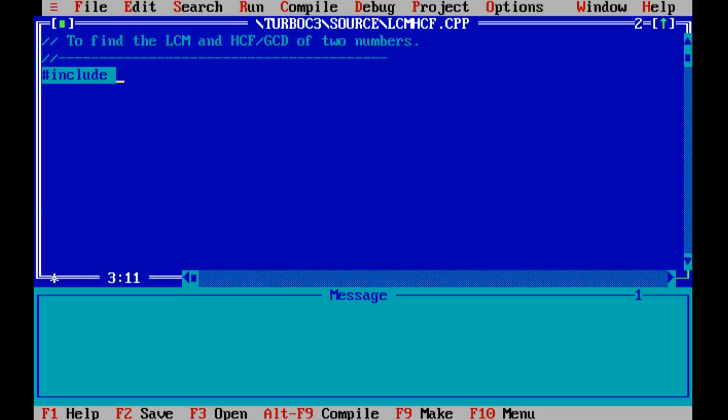Hash include iostream.h, hash include conio.h, void main. Okay, now we require